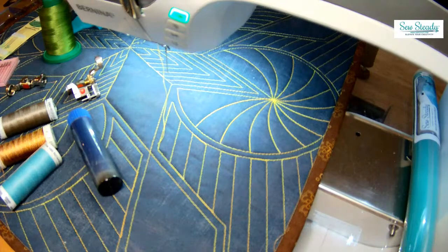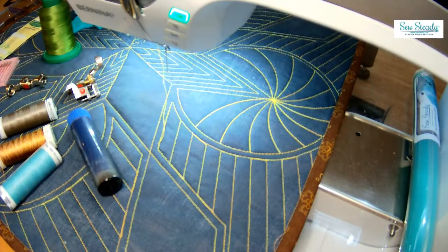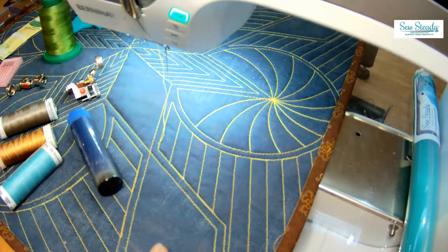There it is. So I have a whole bunch of things spread out here that we're going to talk about today, and some basics about how to get your machine set up to do ruler work. The first thing that you're going to want to have is a nice flat workspace. That's going to be really important. And my flat workspace,